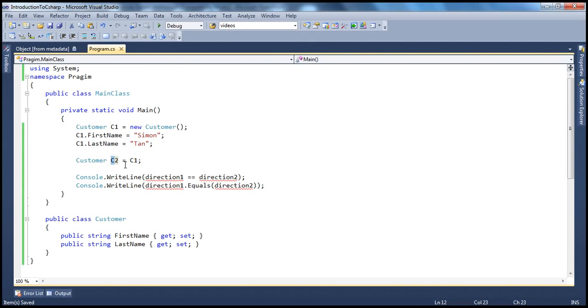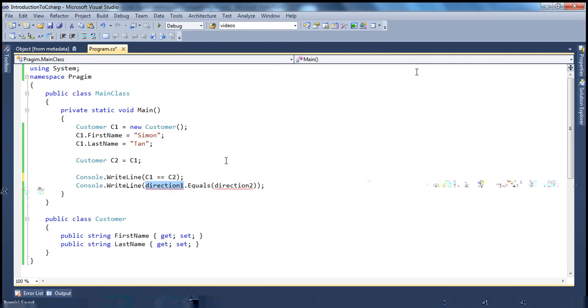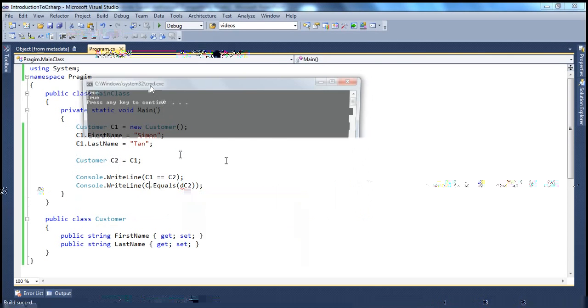Okay, so we have two different object reference variables, but the object itself is one. Now let's see how these are going to work. When I say C1 is to C2, and similarly C1 equals 2. Now if you look at this technically, when we run, both of them return true, and that makes sense because